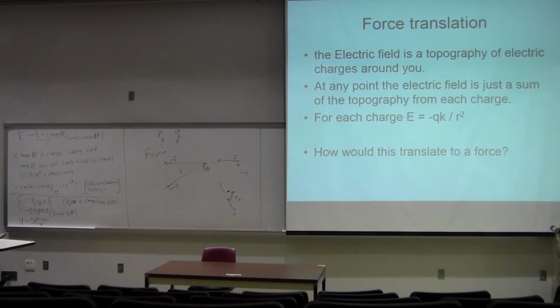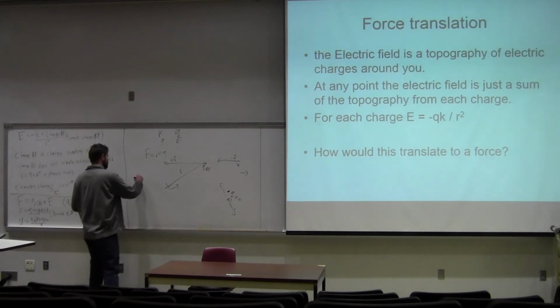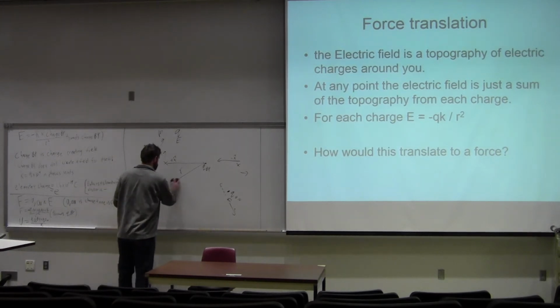Yes, there needs to be a minus sign. Okay. So if these are both positive, this points toward charge Q by, but like charges repel, so that means they're going to go in the opposite direction. So if I have two charges, charge Q by and charge Q on,